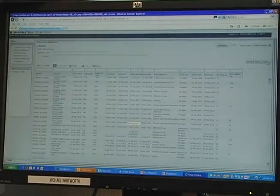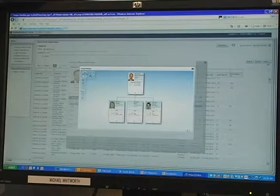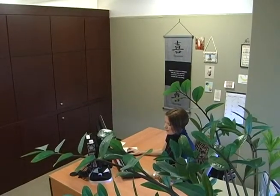We can click further into details behind the relevant applicant. If they have any dependents, we can get to see all of their dependent information there. It comes up like an organisational chart. It's going to make working life, I think, both for the immigration department and for the users who they've geared this to, much quicker, more efficient,